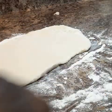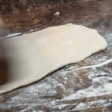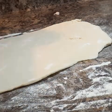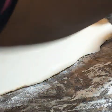If this is a little easier for you, you can cut it in half. But I just want to do all of this at once. Now I want to roll it out as thin as I can. That's what I want to do. Now, I think that's good enough. So now what I'm going to do,